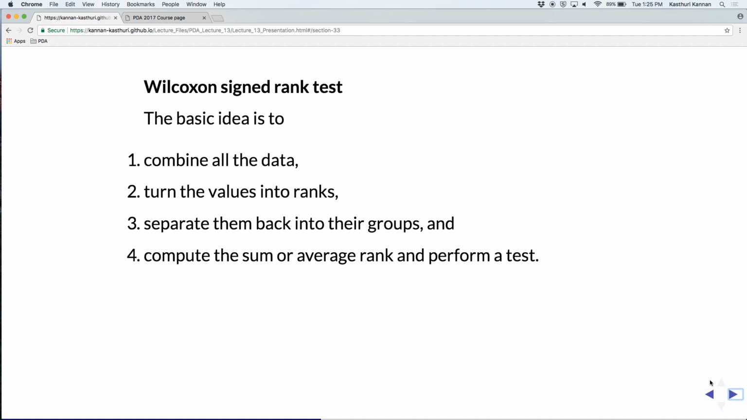unlike, let's say, the t-test, right? If you change the values, there is a good chance that the confidence interval gets changed, because here you are just assigning ranks to it, right? So you are putting it in a bin,